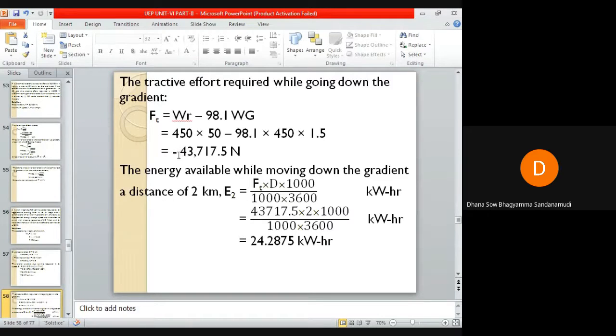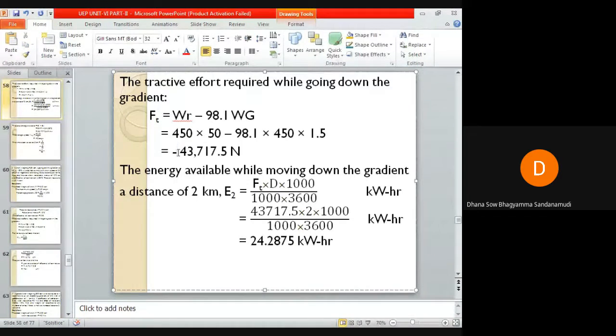Simplify it and you will get minus 43,717.5 newtons. Since it is a down gradient, you might have got this negative value. Irrespective of the sign of this tractive effort, the magnitude is